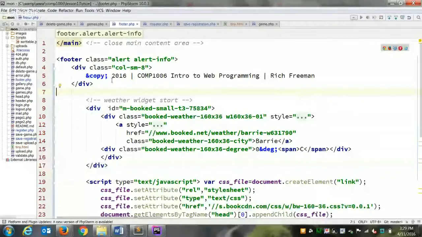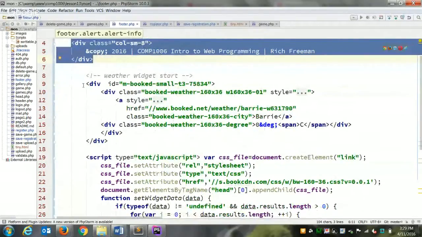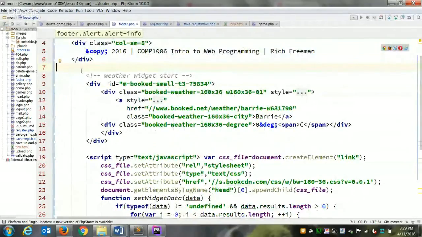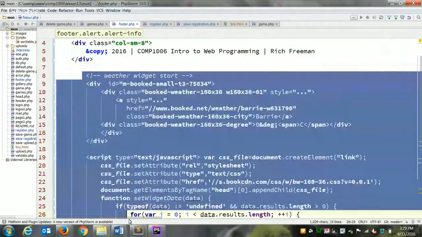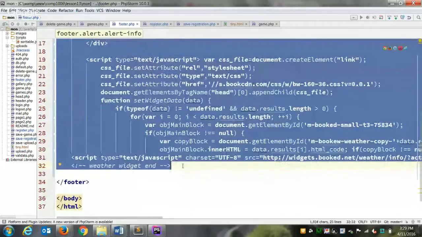So what I did was, here was the code we used for the part on the left. We wrapped that in an 8-column div. Originally, I think I tried putting my weather widget inside of it, another set of div tags that we created, and that actually broke the formatting. So I removed, this is all the stuff that we just copied and pasted directly from the weather site where we got the widget. When I took out the div at the start and the top,